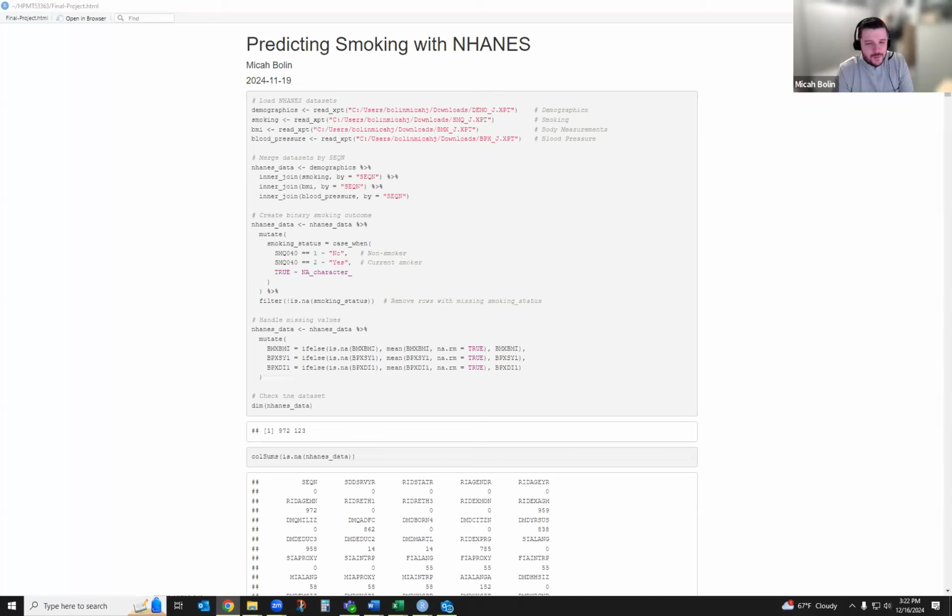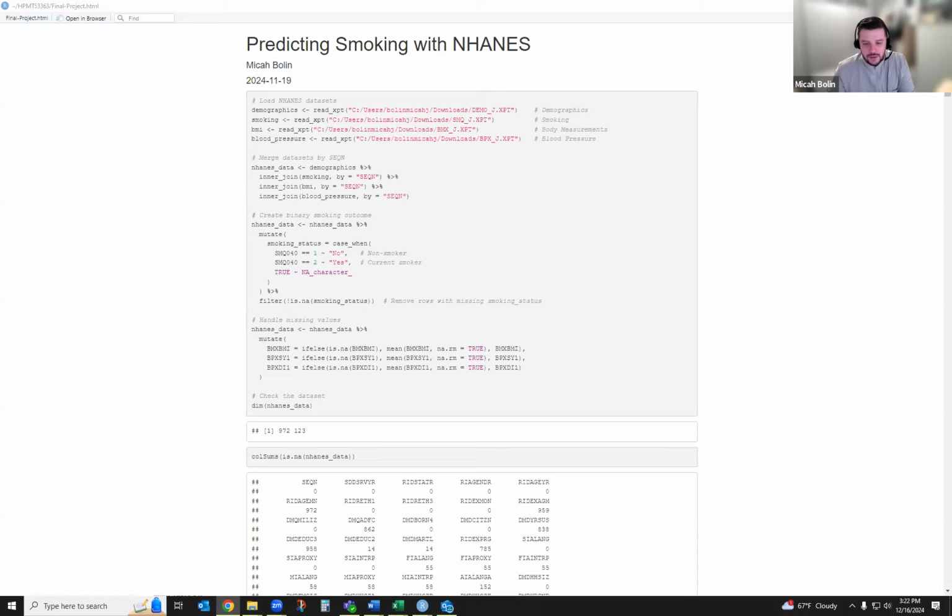For the project, I used four different data sets from NHANES: the demographics, smoking, body measurements, which is BMI, and then the blood pressures as well. So I pulled data from each one of those. And then the data sets were merged by a participant identifier, which is the SEQN, to ensure all relevant variables were aligned for each of the individuals involved.